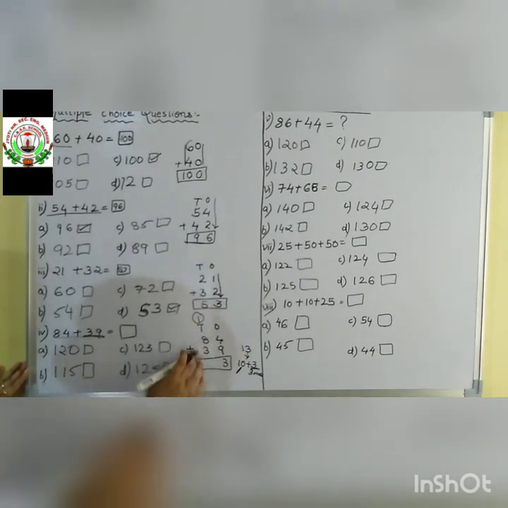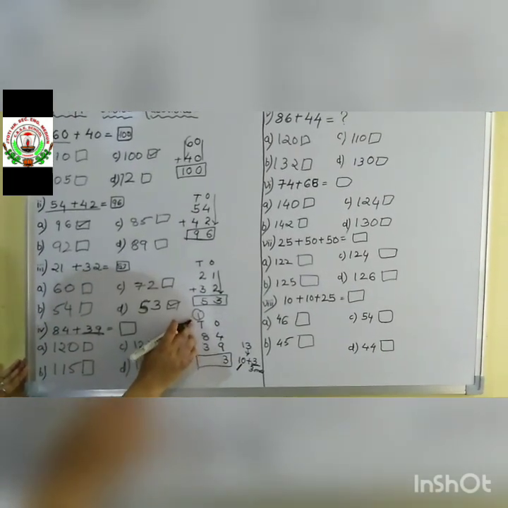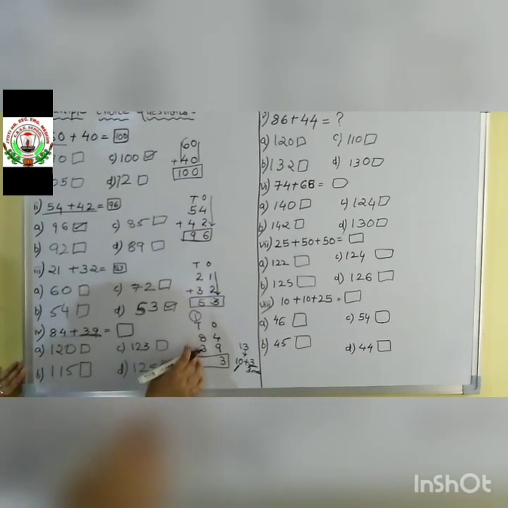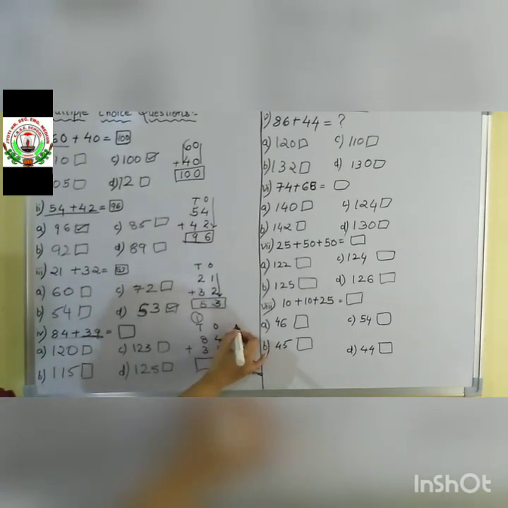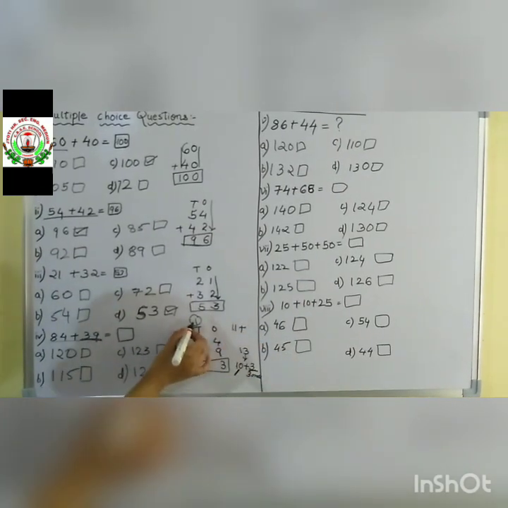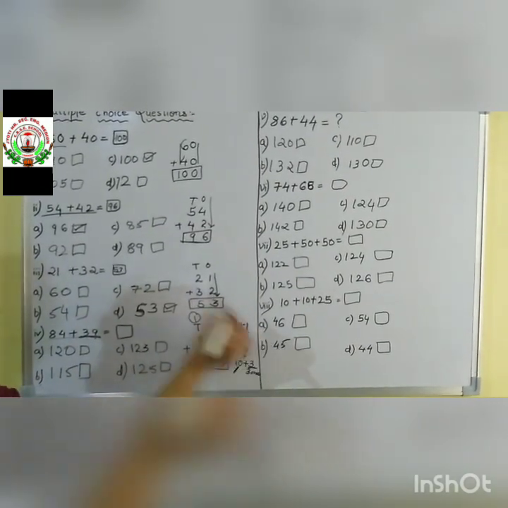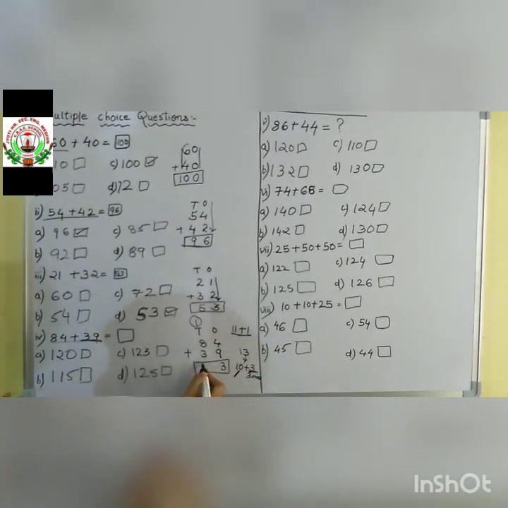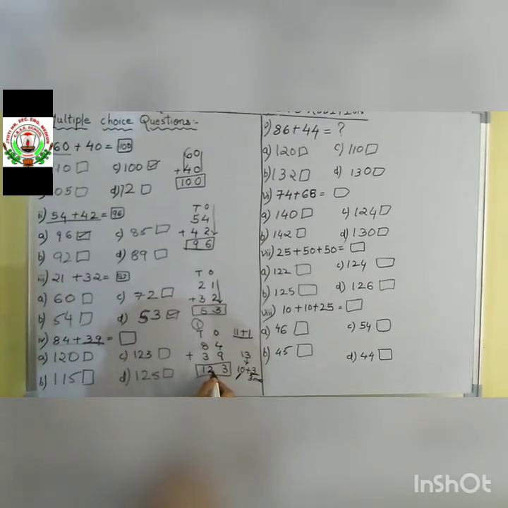Let us come to the tens place. We have 1 carryover, 8 and 3. Let us do this addition first. 8 plus 3, 11 and 1 is there as carryover. We have to add our carry. We get the answer 11 plus 1, 12. So we will write down 12 in the tens place like this.